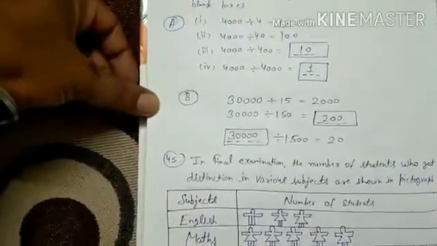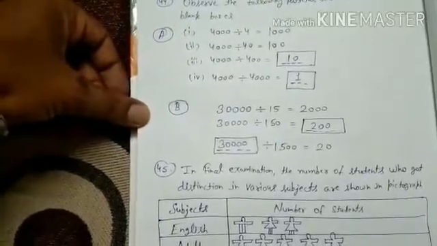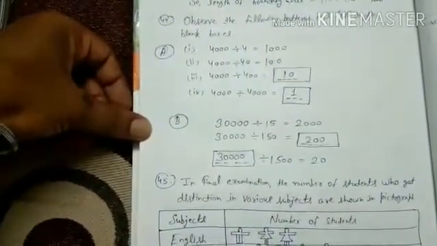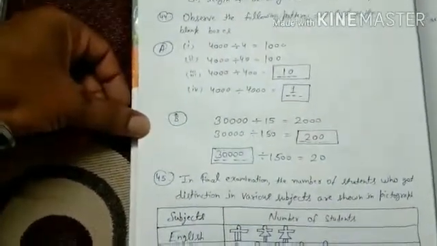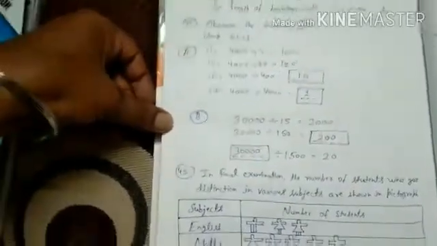So if you don't know the division, you can see the pattern, and by seeing the pattern you can find the answer. So this is an interesting way of finding answers using patterns. If a student doesn't know the division, he or she can find the pattern, and if you observe the pattern you can get the answer. So it is an interesting one.